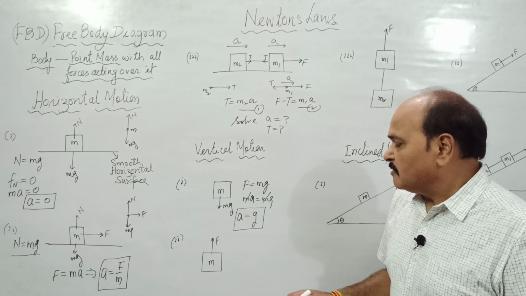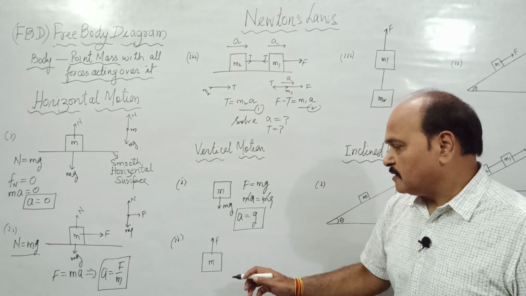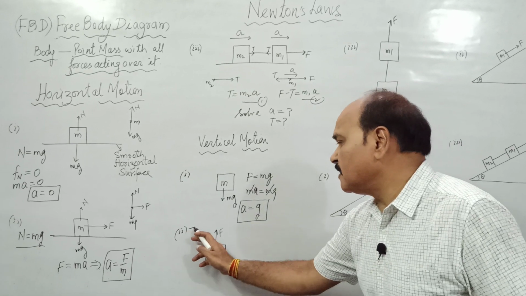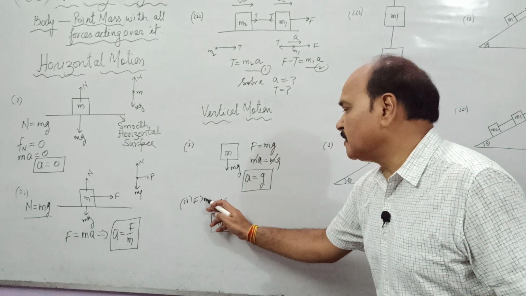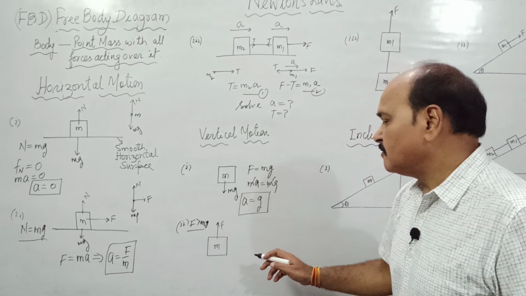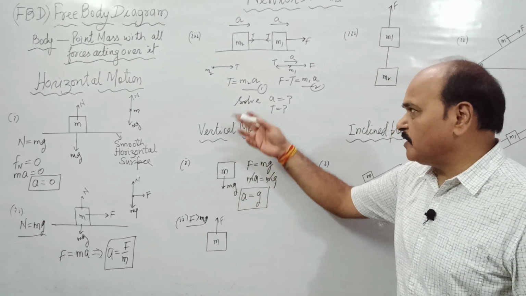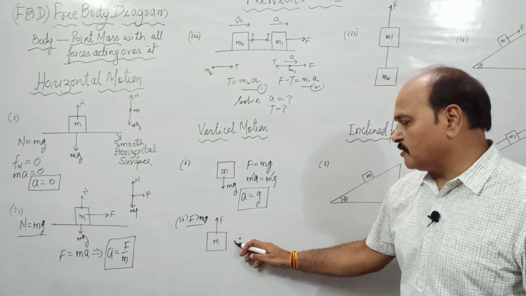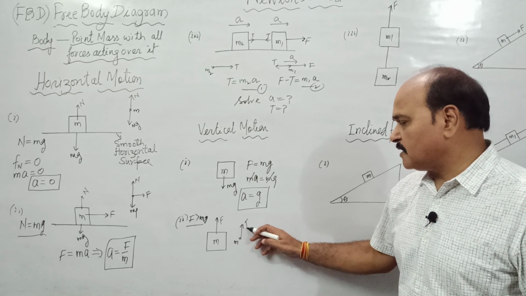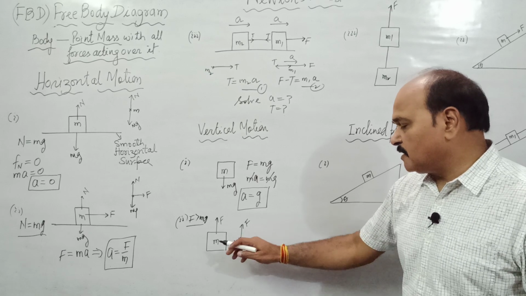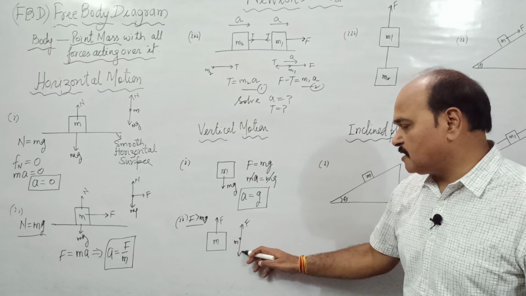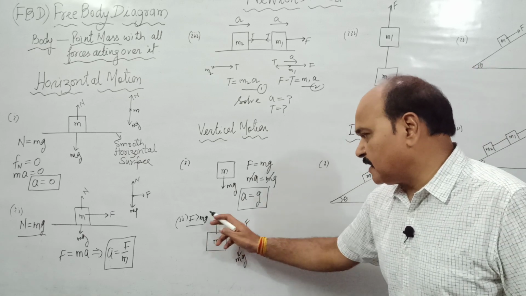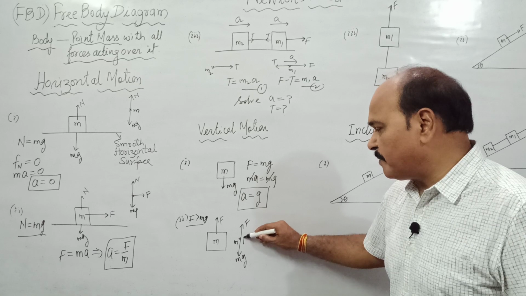Now, in this situation, we are applying a force F over the body, and this force F is greater than the weight of the body. So what is a free body diagram? We can make the free body diagram in all the cases. For this body, the free body diagram would be what? This is force F acting over this point mass, and the other force acting over the point mass is what? Its own weight, mg. And if F is greater than mg, in that case the body is going to move up.